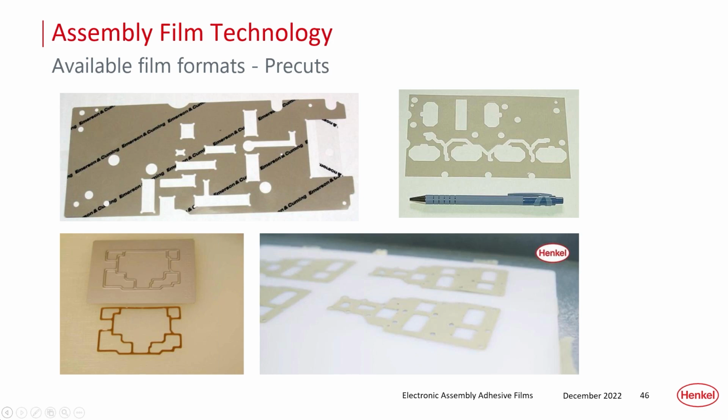All right, next one. Now, as we mentioned, complex shapes is one of the attractions of using these film adhesives, and so the sheets can be cut into fairly complex shapes, pre-cuts, either by the customer or by Henkel. So if we look at the next one,